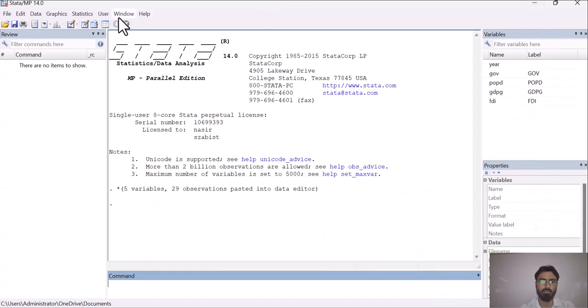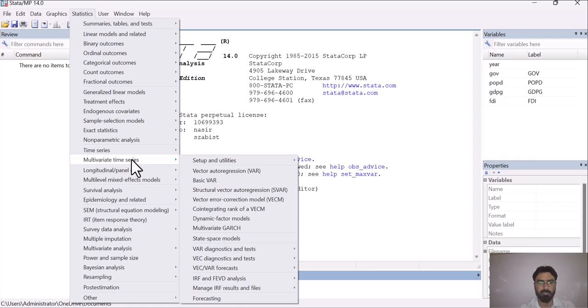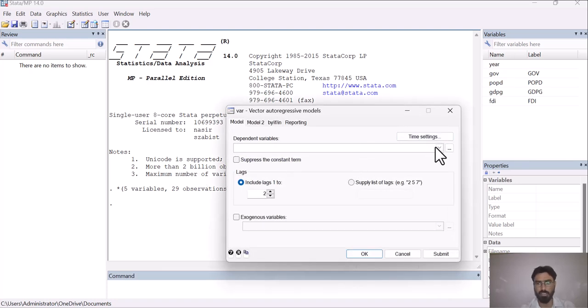Now go back to statistics, then go to multivariate time series, then go to vector auto regression. So here you have to select your dependent variables. In Granger causality test, there is no dependent and there is no independent. All the variables are dependent.